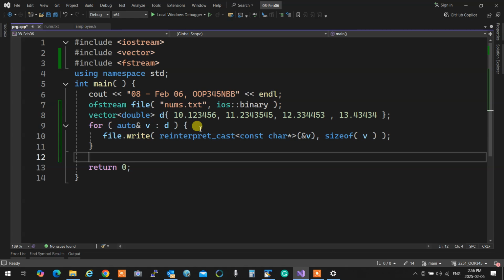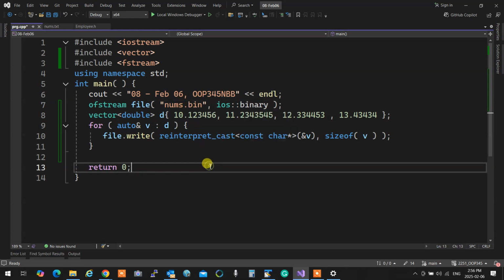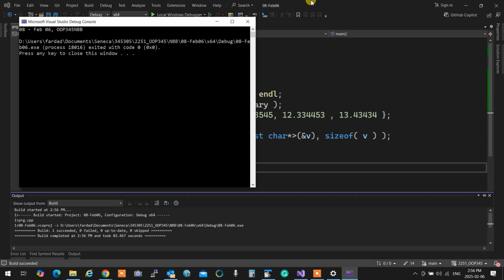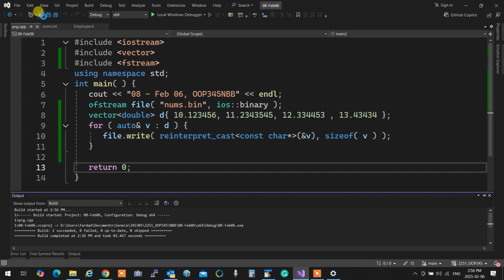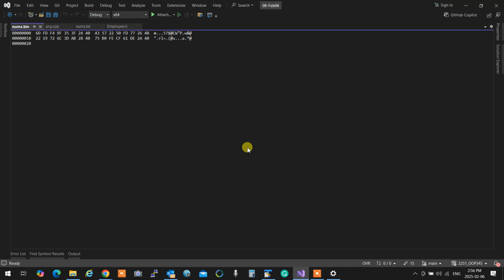So after doing that, and I'm not going to call that in txt anymore, I'm going to call that nums bin. And if I run this program now, you will see that that nums bin is created. But the difference is that this is what it looks like. These are those doubles in the memory of the file. And I can just read it back, and it's going to be exactly the same. No difference. Okay?